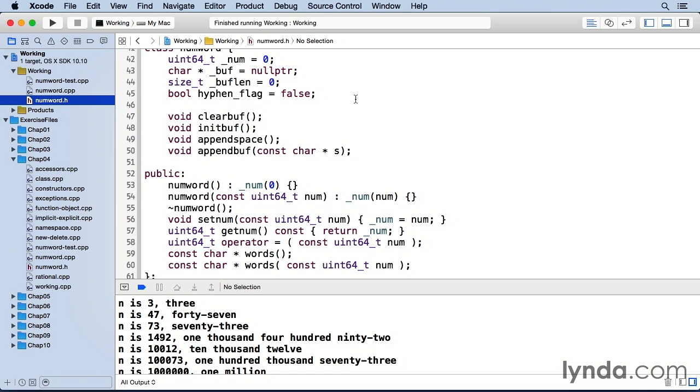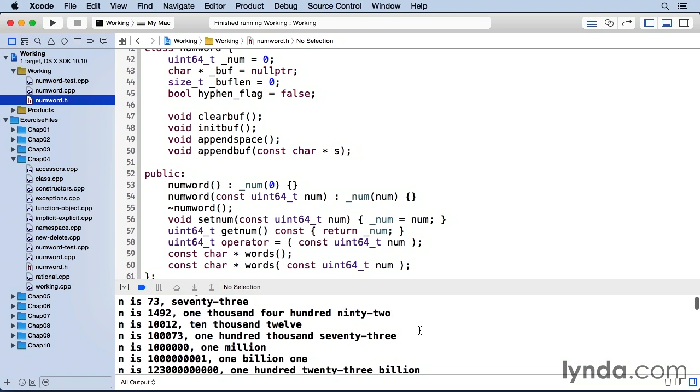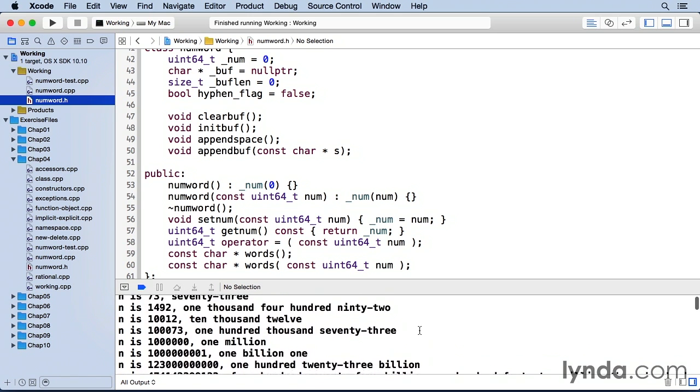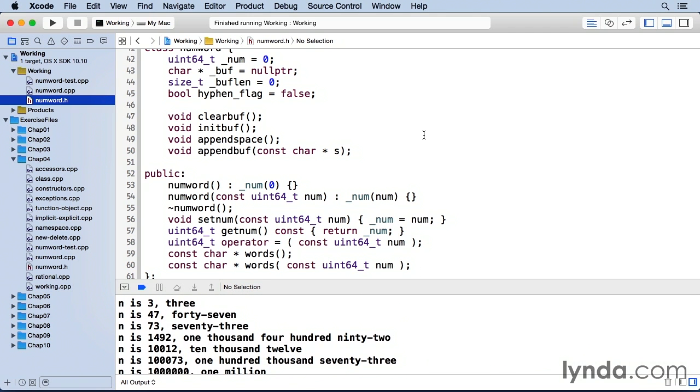So you don't say 24 with a space, you say 24 with a hyphen, or you see examples down here, 92, 73, 47, 23. These have hyphens, and yet there's spaces between